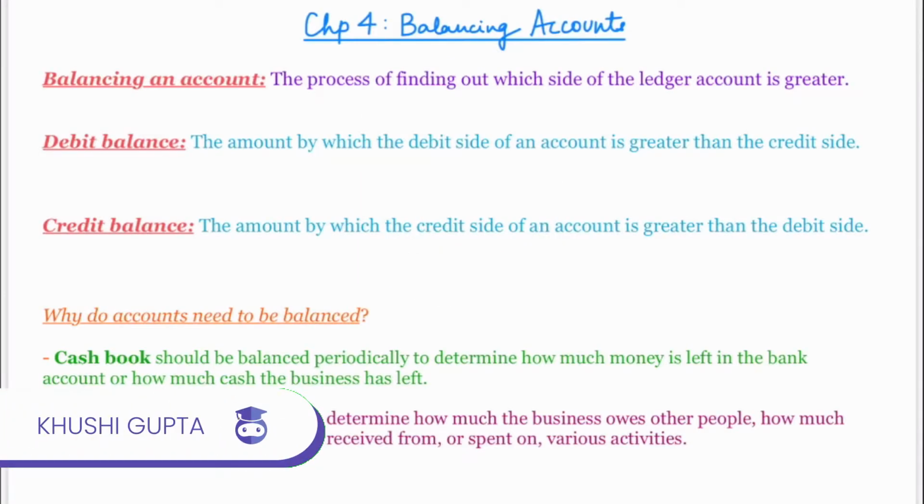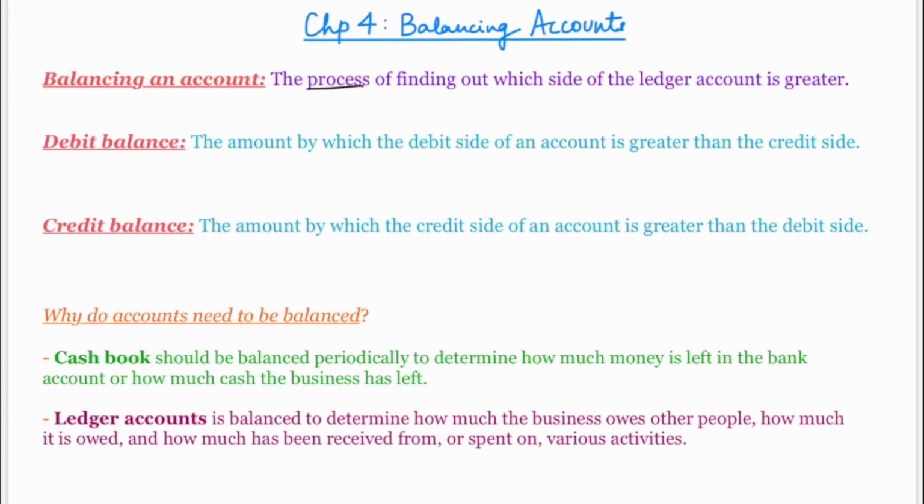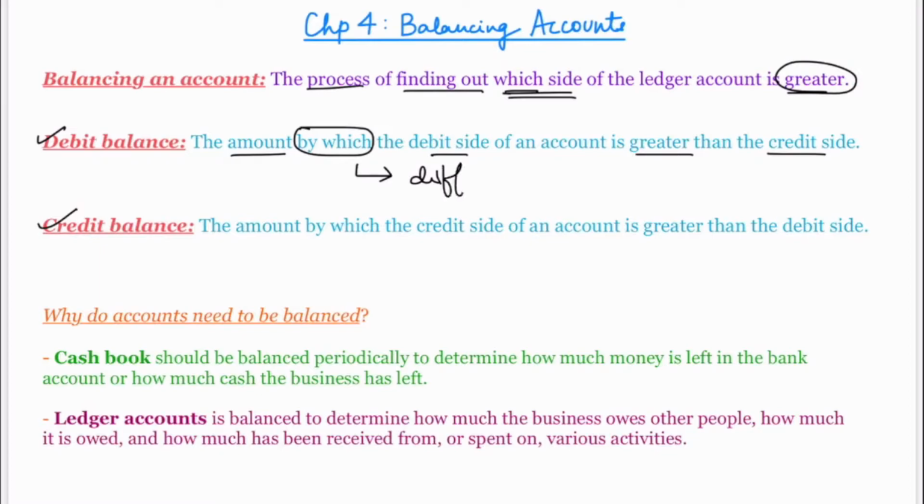Chapter 4, Balancing Accounts. Balancing an account is the process of finding out which side of the ledger account is greater. This can result in a debit balance or a credit balance. A debit balance is the amount by which the debit side of an account is greater than the credit side, which represents the difference